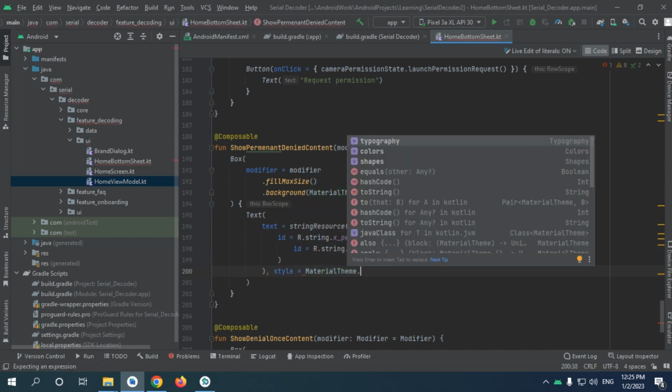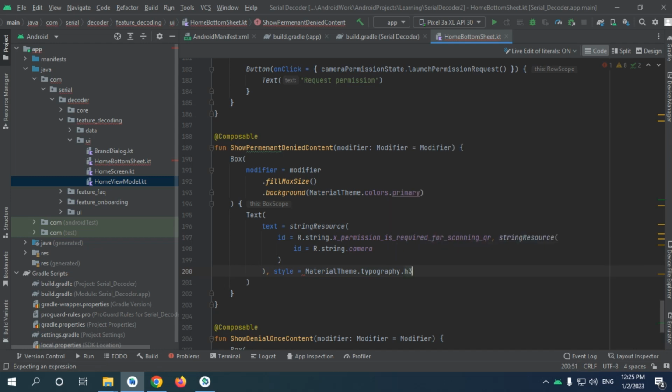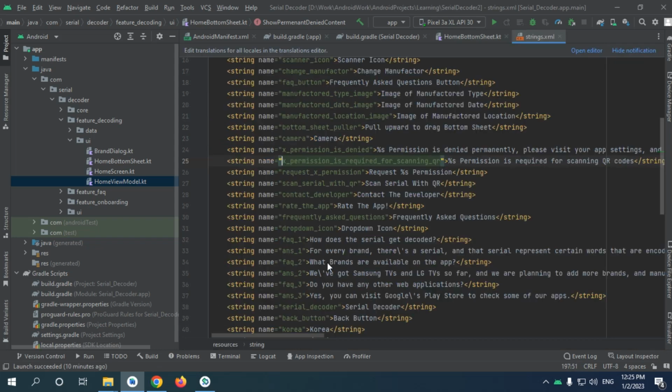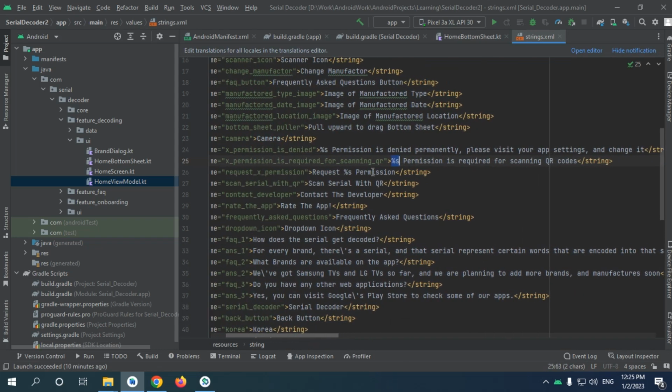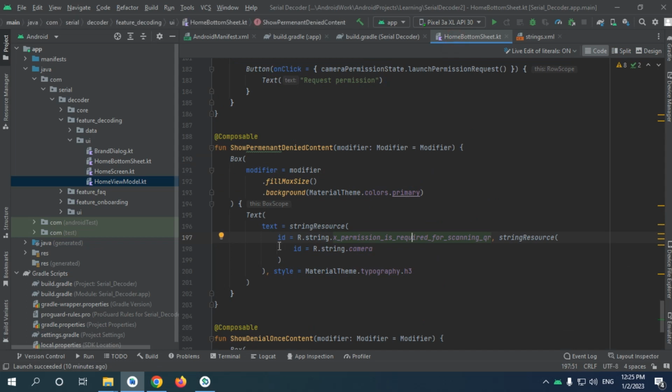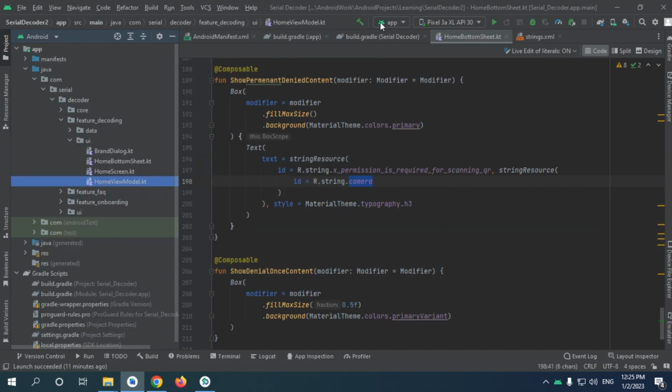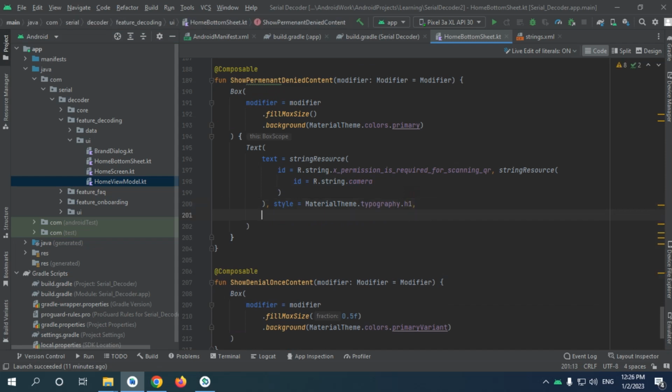I'm gonna use material header 3. So what happens here is just I have this %s, which is a placeholder, so it will be replaced by camera string. So yeah, for header, actually 1 is better because it's gonna be larger, and we want to align the text to be center,